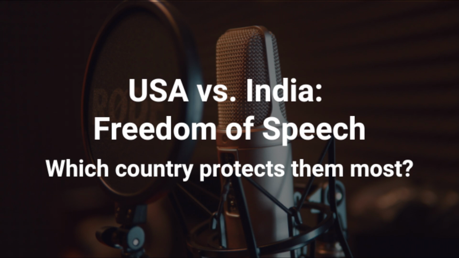The legal basis for his arrest was Section 295A of the Indian Penal Code. This section criminalizes deliberate and malicious acts that are intended to outrage the religious feelings of any class by insulting their religion or religious beliefs. So the act of comedic mimicry, which some individuals found offensive to their religious sentiments, led to a criminal charge and arrest.